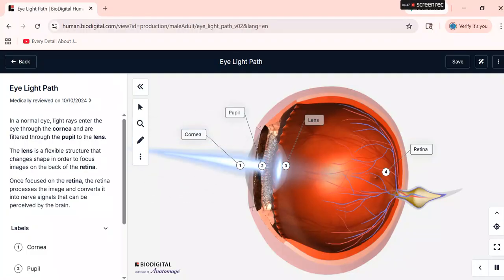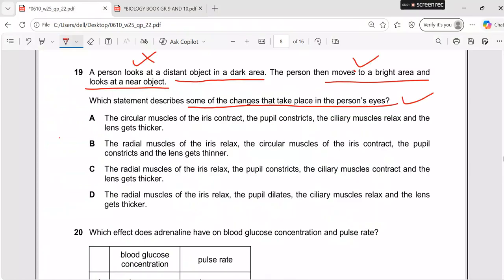And one more thing, let me show you. The light is passed through the cornea, pupil, lens, and it is just falling on the retina to make the image. Now, what are the options? As I said, we have to focus more on the changes. It means we have to see the person is moving to a bright light. In bright light, as I told you, the pupil has to be constricted,